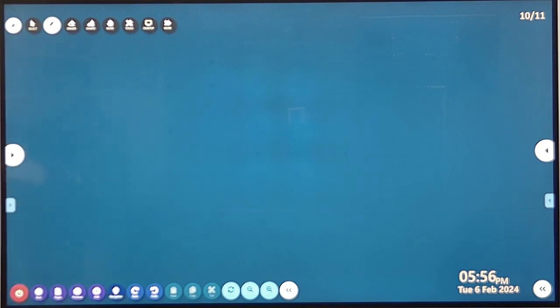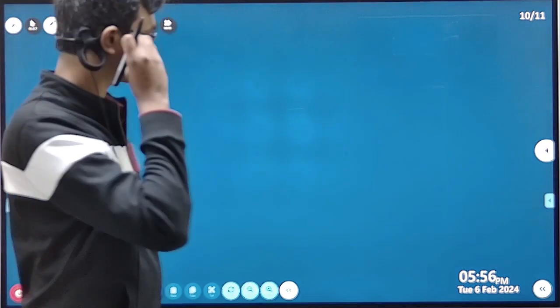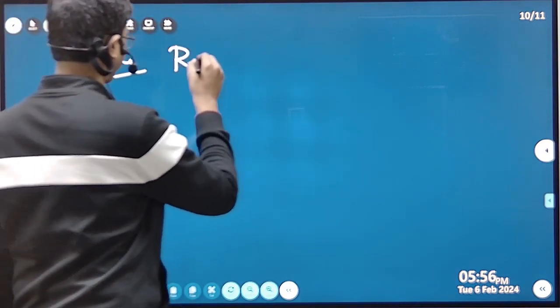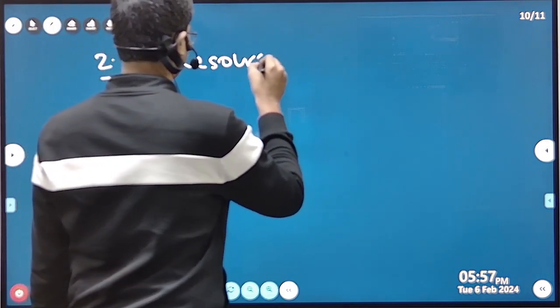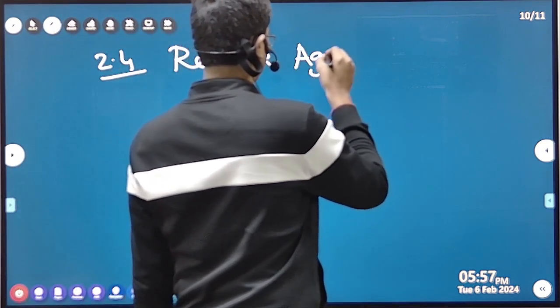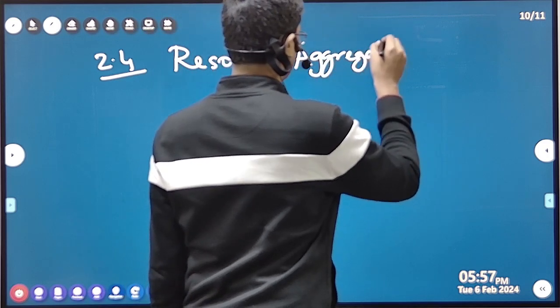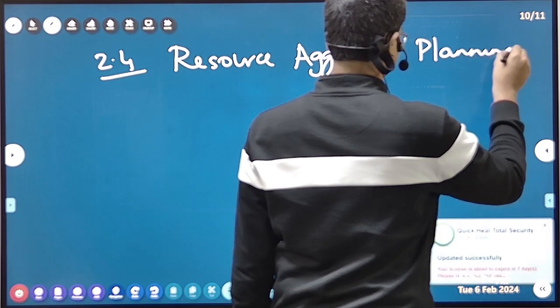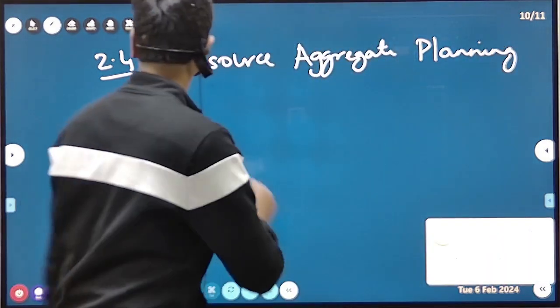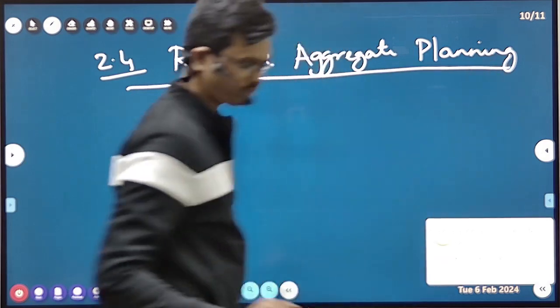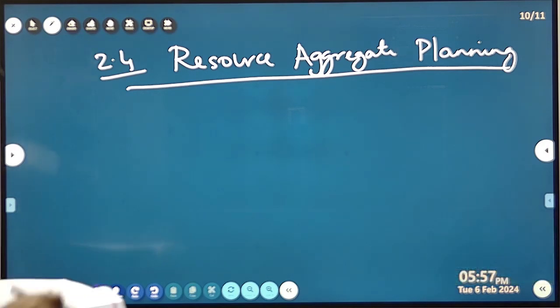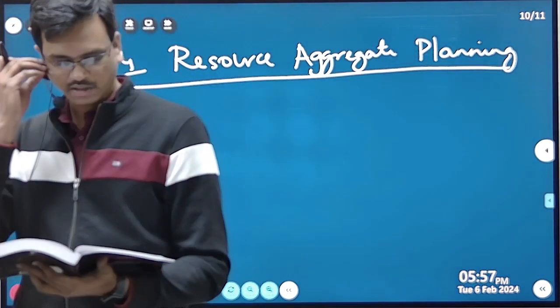So let's move on to the next chapter. We are in 2.4, resource aggregate planning. Okay, before moving to resource aggregate planning,